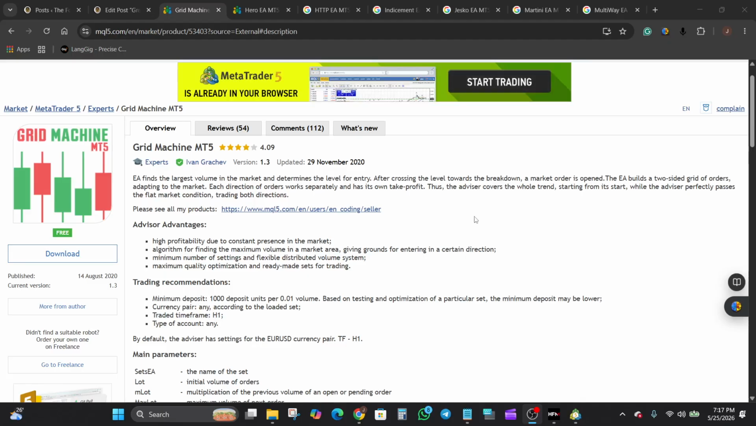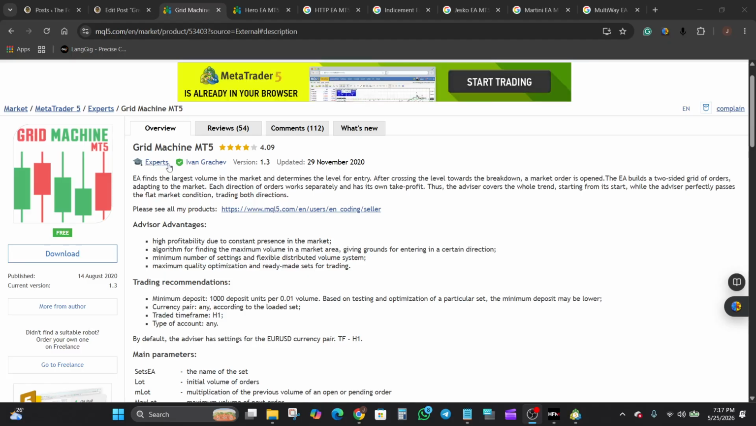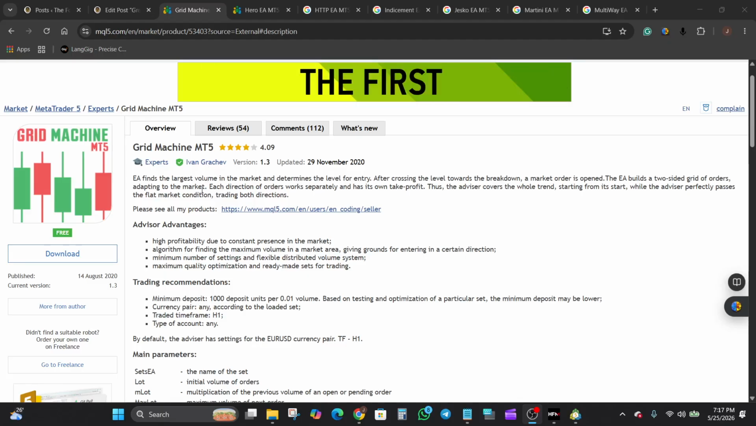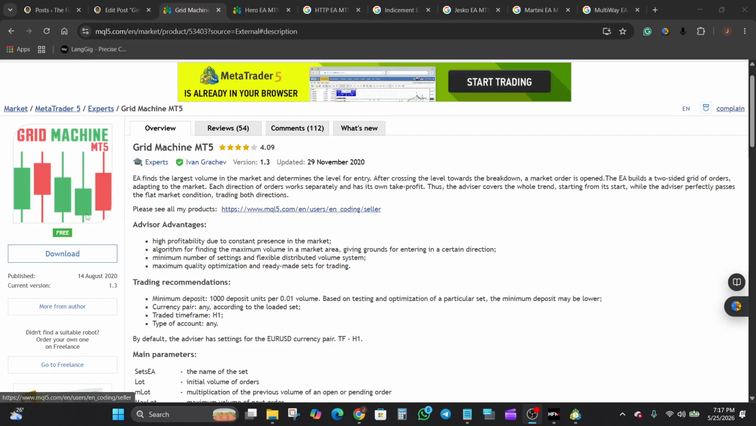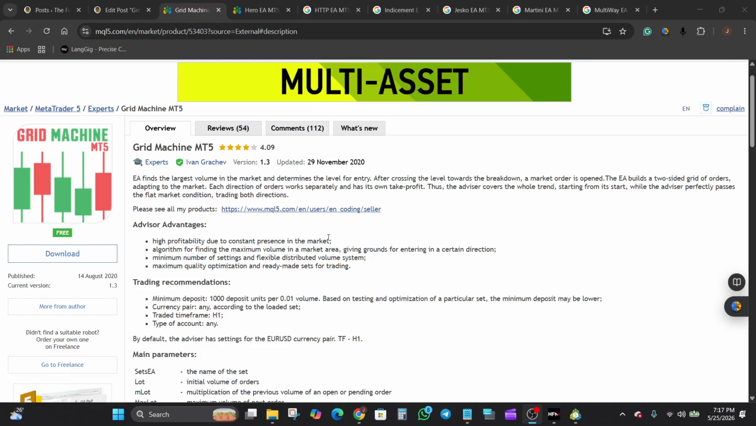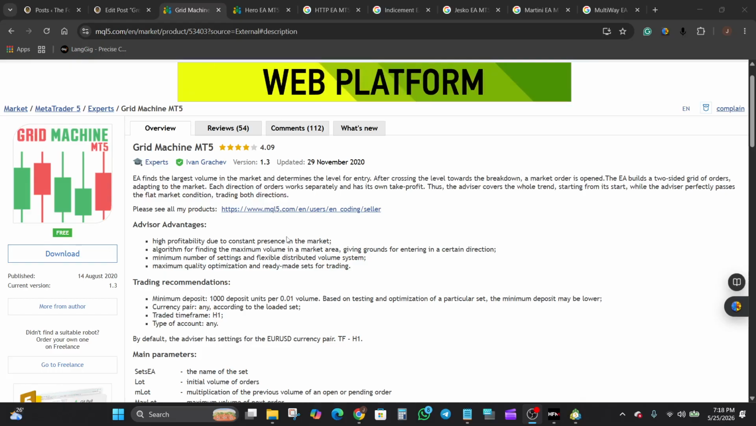Right now, I am on the MQL5 Marketplace page for the GridMachineEA by Ivan Grachev. And the first thing that stands out is that this is actually a free expert advisor, which already makes it interesting for testing and analysis without any upfront cost. Now, from the description here,